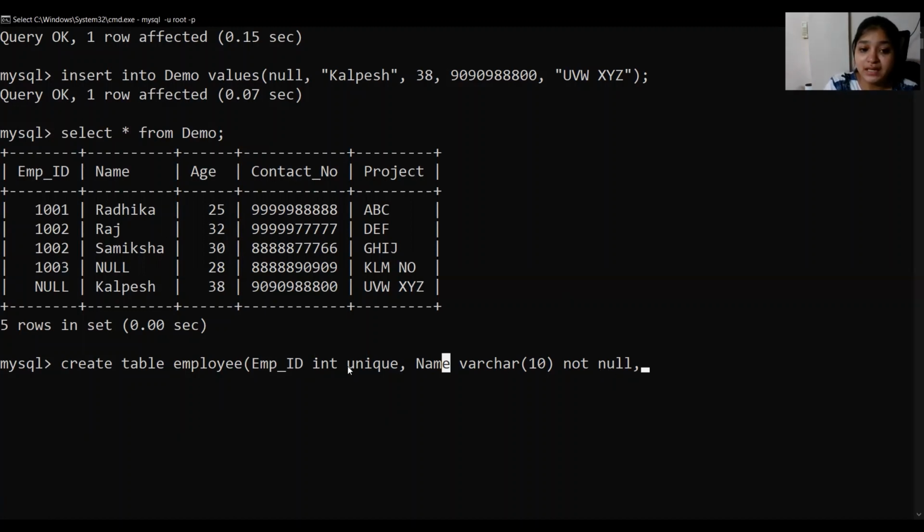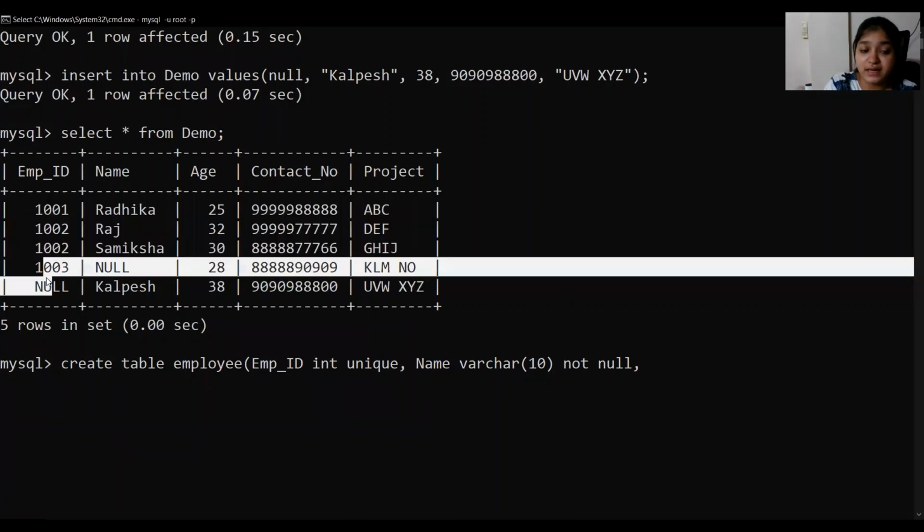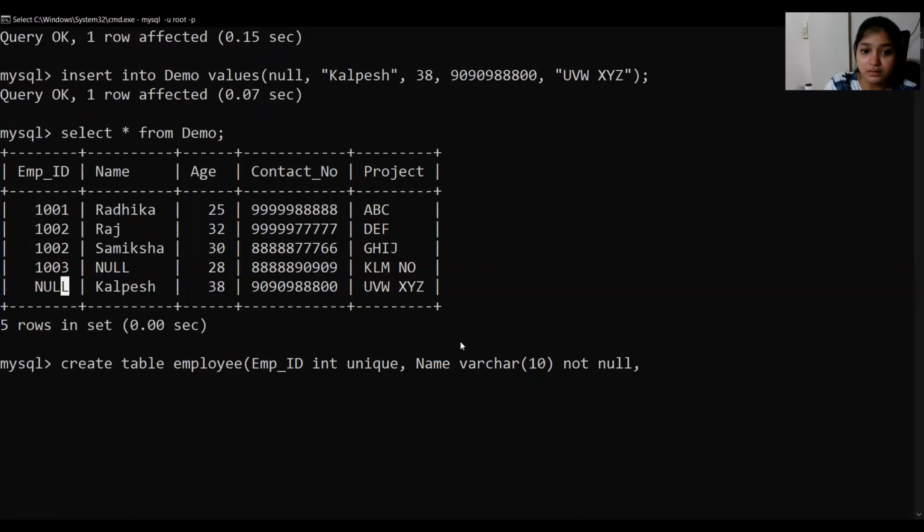And here, employee ID, I'm writing it as unique, which means that all the employee IDs should be different from each other. But again, even if we have written unique, someone can still leave this attribute null. We don't want that.